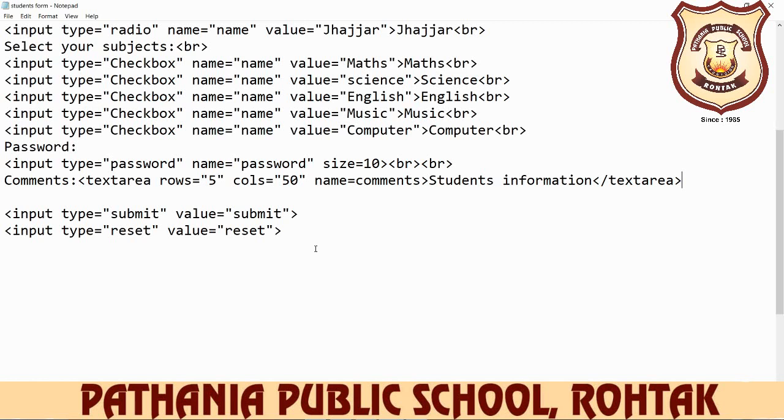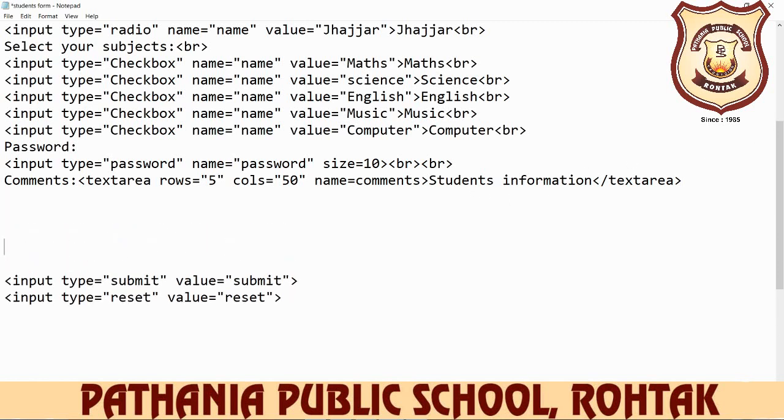For inserting the drop down list control in your web page, we need two tags here. One is your select tag and second is your option tag. A select element must contain at least one option element, and the option tag is used to create a list inside a select tag. So how do you insert it? We write, for example, before the submit, we write here.